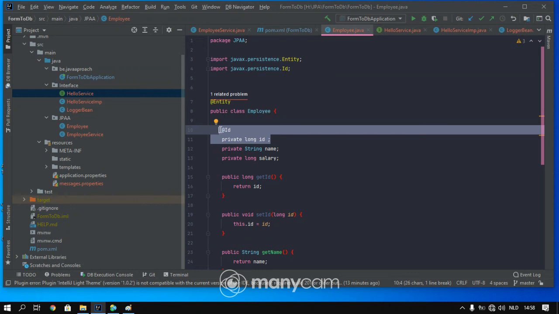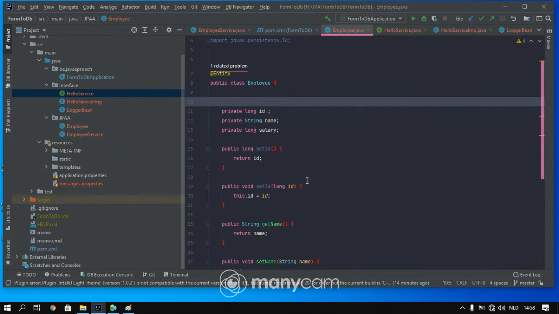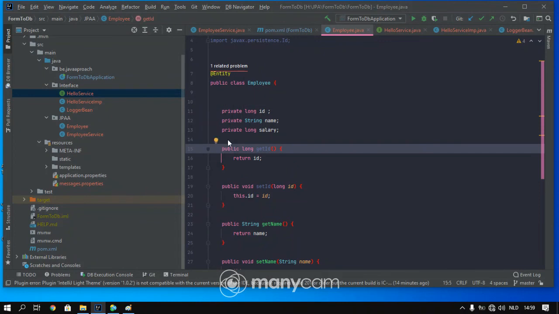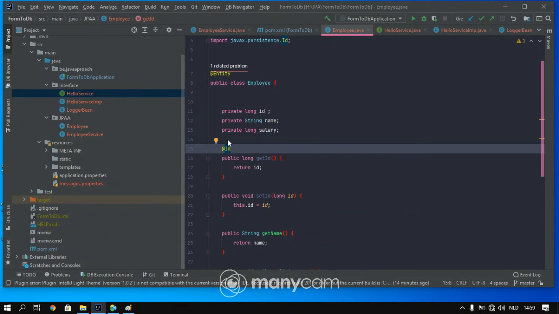Now if I remove this annotation and use it on my getter as getId, saying, hey, here is my ID, this is property access. When property access mode is used, the same